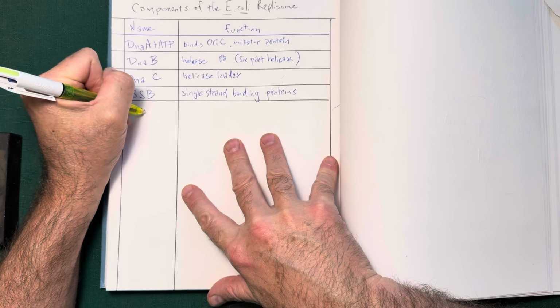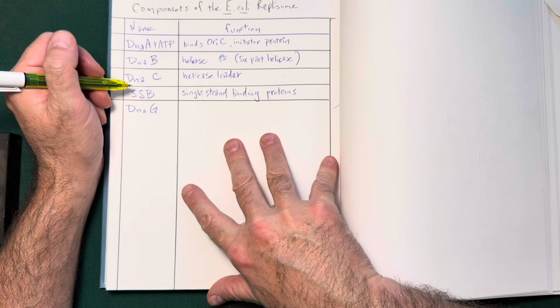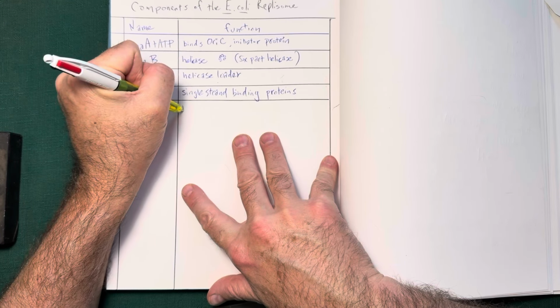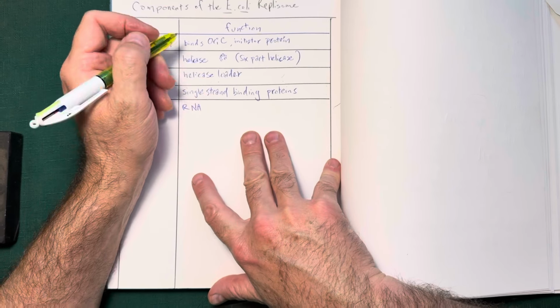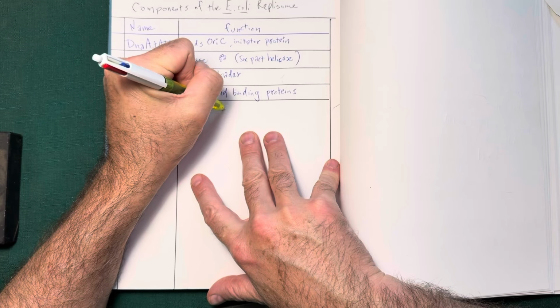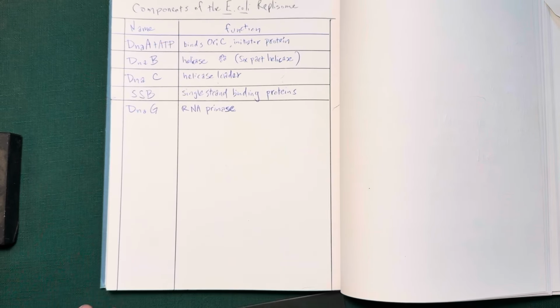So we're going to jump up to DnaG. What happened to D, E, F? I don't know. And you don't need to know either. So never you mind what those things are. But we do have a DnaG, which is our RNA primase. Now, remember that with our